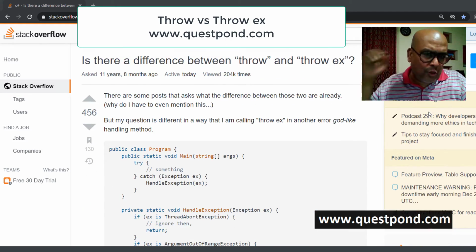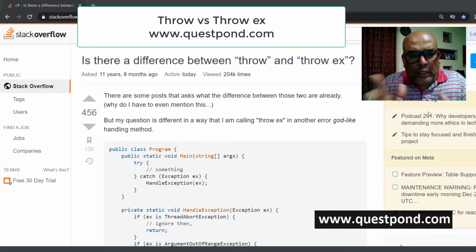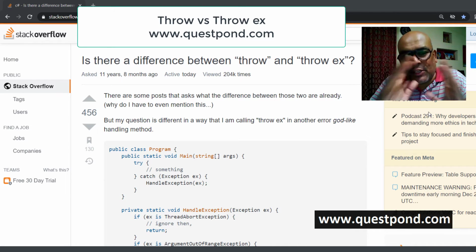But what I thought about is, how about demonstrating it with a small sample code, because once you see a demonstration, it just gets registered into your head, right? Also, this is one of those questions which keeps popping up during C Sharp interviews. Frankly, as a developer, I have always just used throw. I never cared whether it was throw ex or throw, but by default, I always use throw, right? So in this 6 minutes of video, we will try to understand the difference between throw and throw